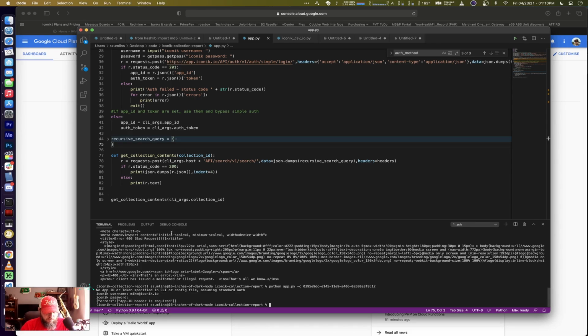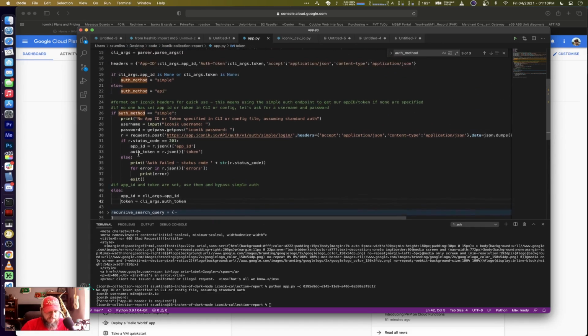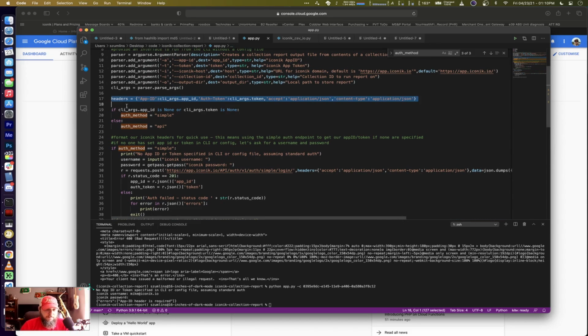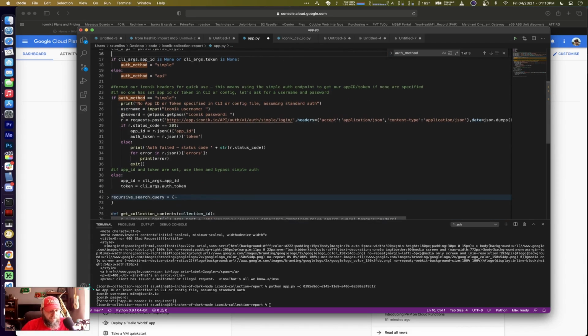FID header is required. Am I not? Ah, here. Because I call this token. Am I passing that after my headers? Yes, I am. Okay. So to explain why that error happened, I have this little logic block up here that lets me log in from the command line,